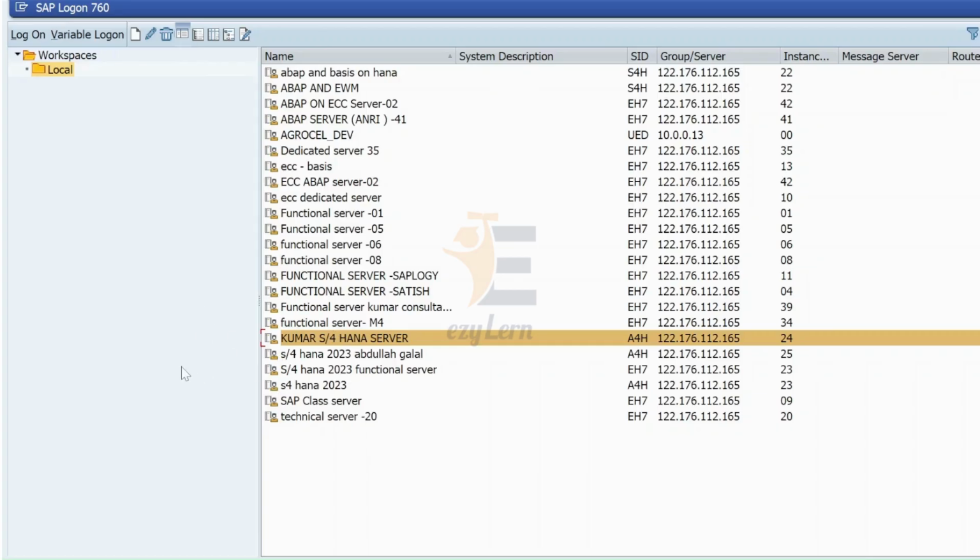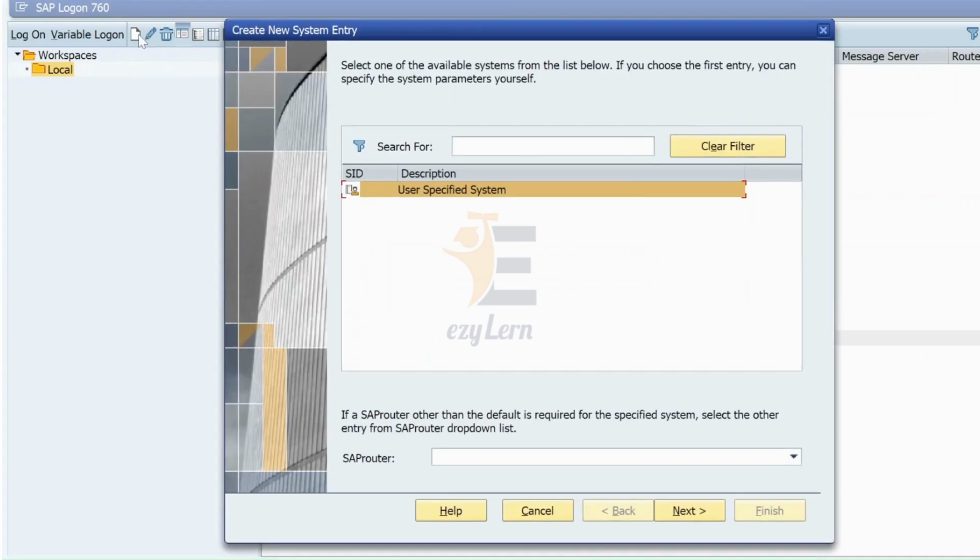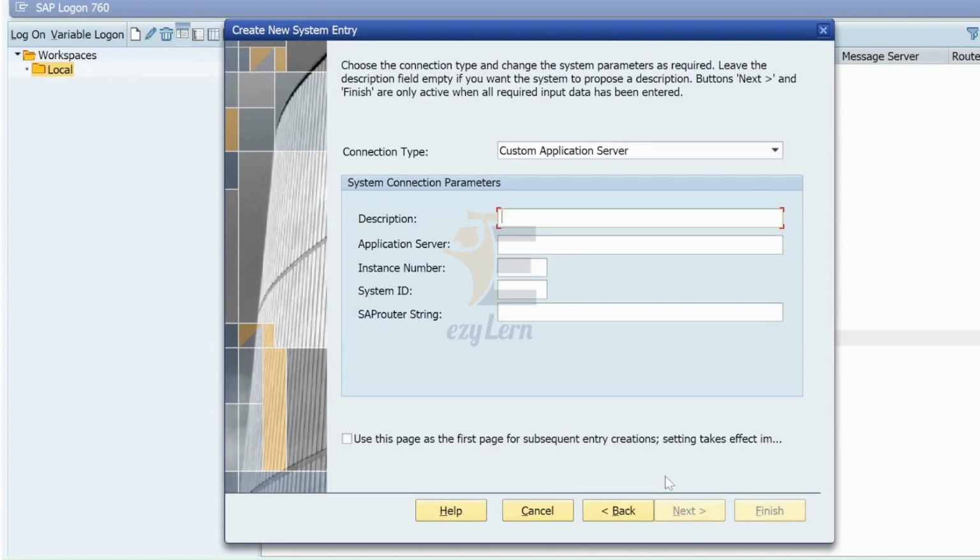So if you are using the latest S4 HANA version 2023, then you must have SAP Logon 760 or above. Let's say the first time, you need to add the credentials: just go here, click on the page icon, go to connections, and click on next. Here you need to give the details. The connection type is by default custom application server. Then give all these details: description, application server, instance number, and system ID.